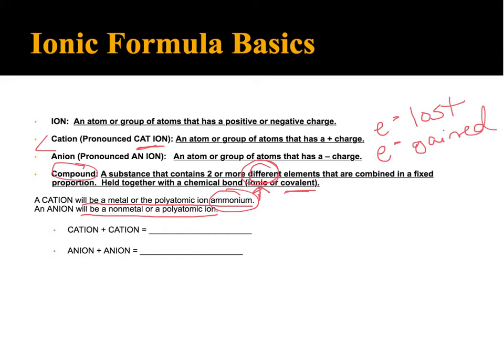Now remember, there's a bunch of other polyatomic ions that I didn't ask you to commit to memory, and if I was having you make a compound with one of those, I would give you the formula and the charge. Okay, so remember that ionic compounds are formed when a cation and an anion combine